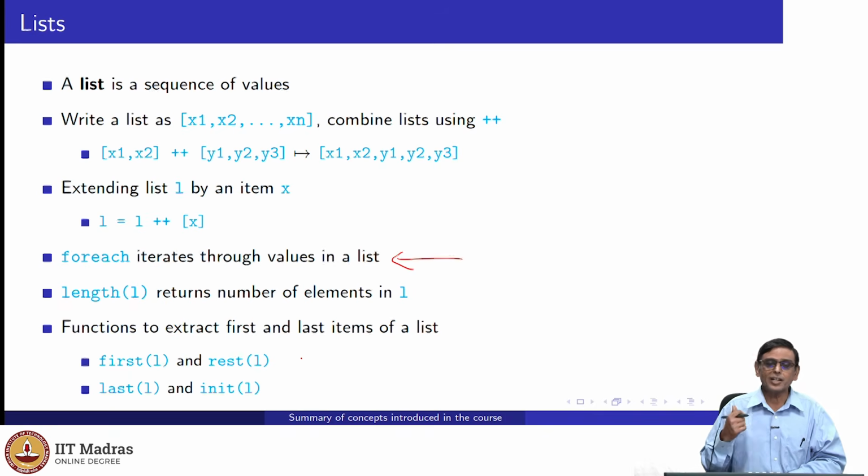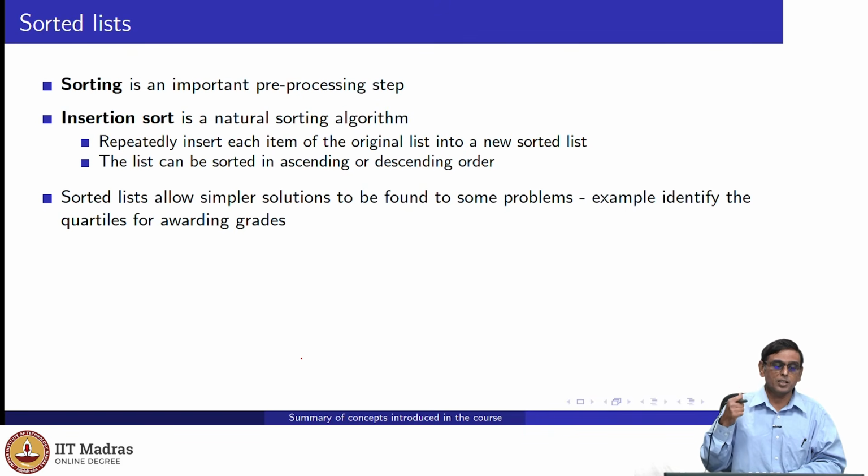Okay. Then we said that basically lists which are sorted in ascending or descending order are extremely useful to solve many problems. Okay. How do you sort a list? The simplest way is insertion sort. There are many other ways to sort, but we are going to discuss them in a future course, the data structures and algorithms course. So this one just introduced insertion sort, which is simply repeatedly inserting an element at the right place. Right? That's it.